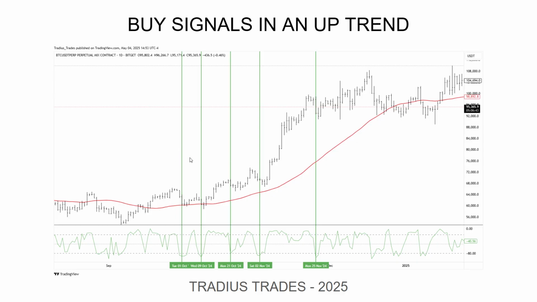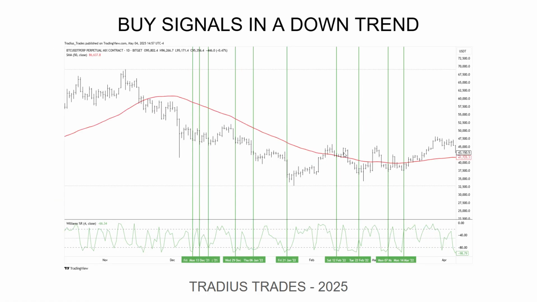What I've marked with the green vertical lines is just showing we're in an uptrend any time that this oscillator got oversold. So I want you to look at this. Would these have been decent times to get long? The answer is pretty obvious. The answer is yes. We are in alignment with the trend. Upsloping moving average, oversold %R readings presented excellent times to go long this market.